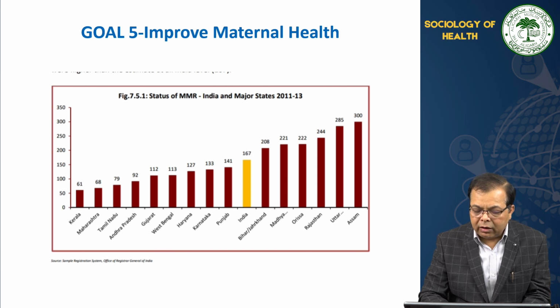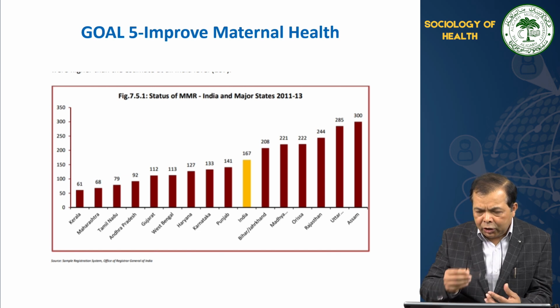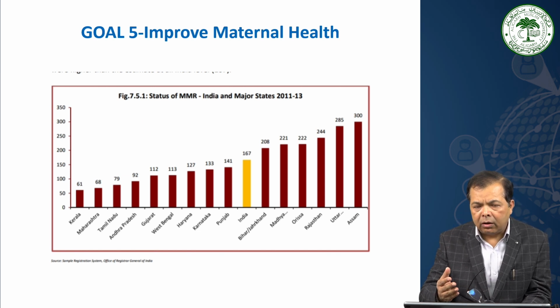Whereas the rest of the states like Bihar, Jharkhand, Madhya Pradesh, Odisha, Rajasthan, Uttar Pradesh, Assam are above the national average in terms of MMR. I need to acknowledge here that these graphs and charts that we are discussing are also taken from that